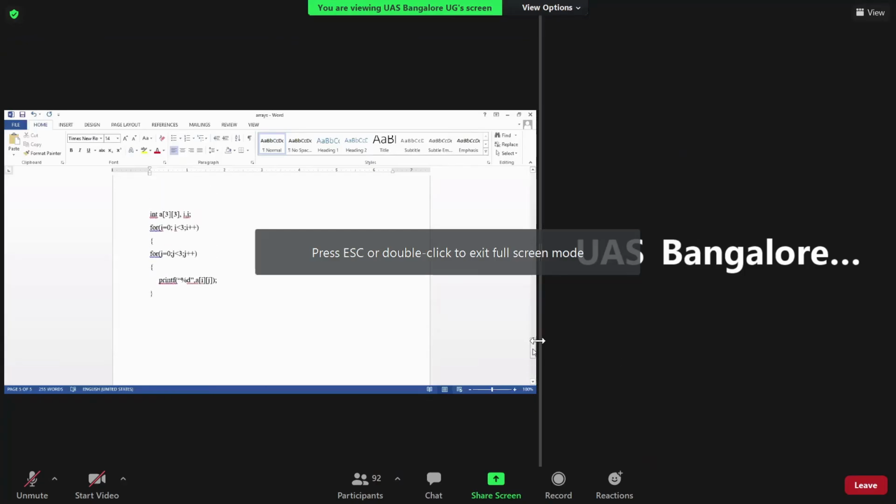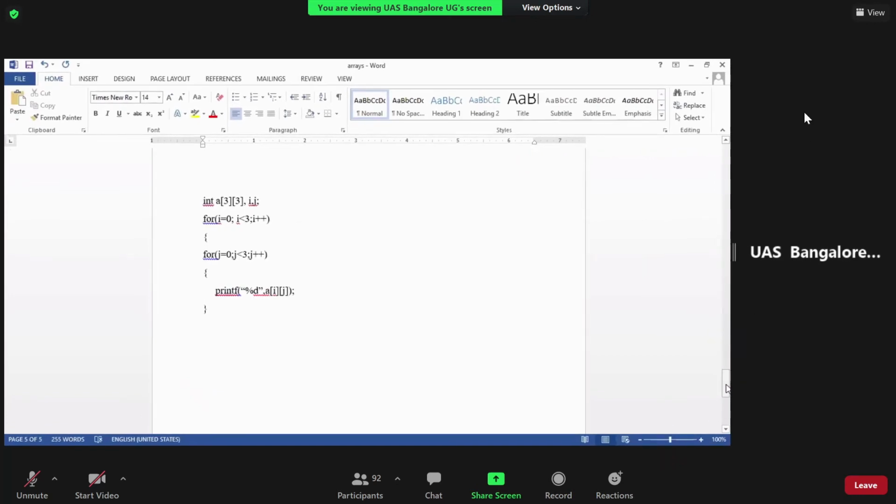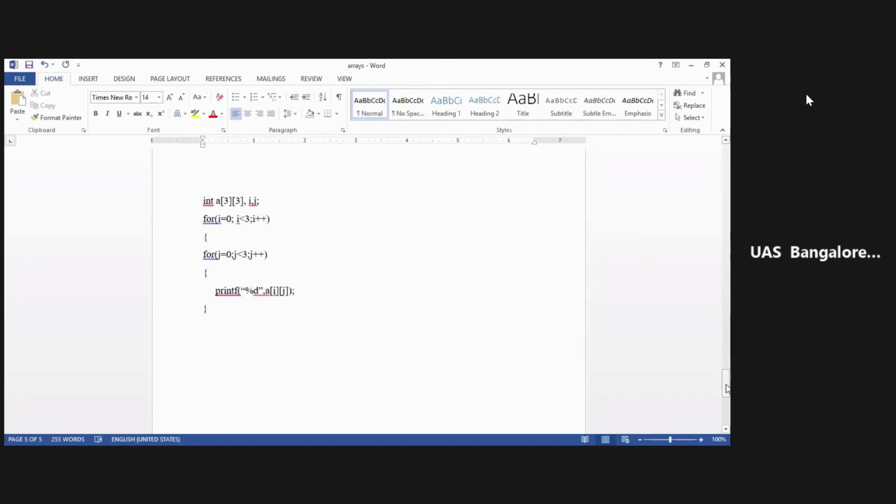And in arrays, you will have to know the definition of an array, right? And the syntax and example for a one-dimensional array, syntax and example for a two-dimensional array, to read and print a single-dimensional array, to read and print a two-dimensional array, sum of two matrices, difference of two matrices. If you learn this much, it is enough for your array.